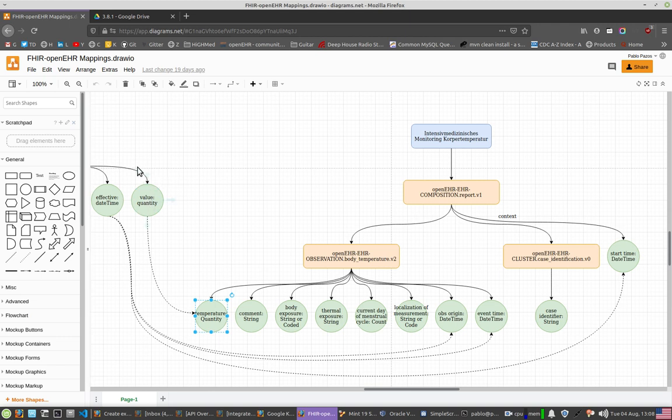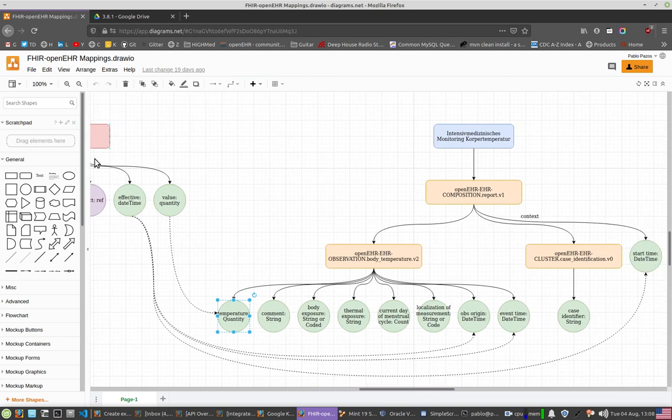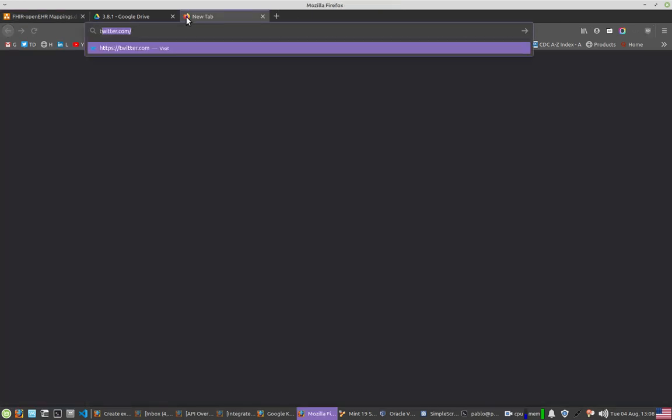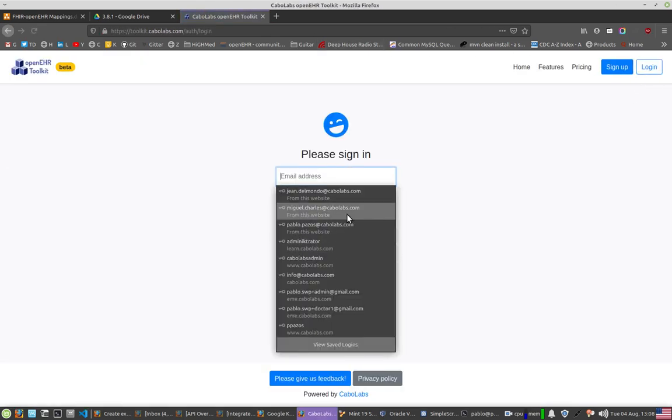With that clear, what I did is, because I have an example of the data of a resource that is an instance of this profile in the FHIR bridge that was created or gathered by Renault. And for this, because I need a sample instance for the openEHR template, what I did is I went to the toolkit. I uploaded to my account in the toolkit